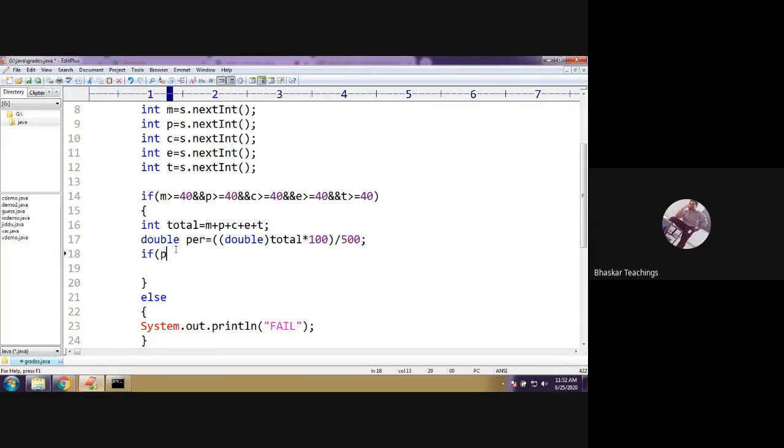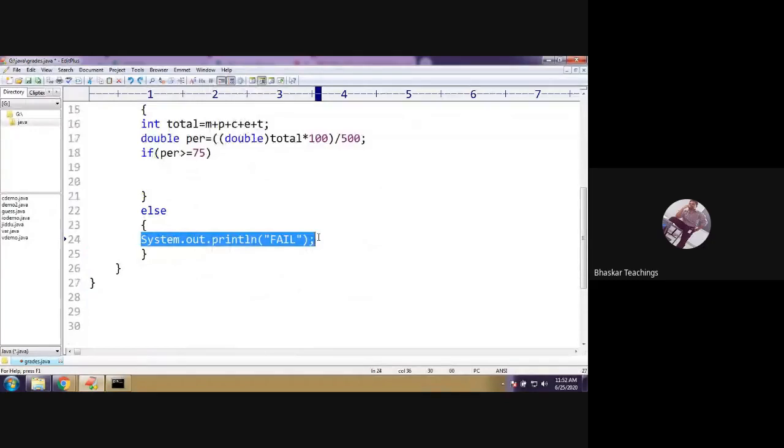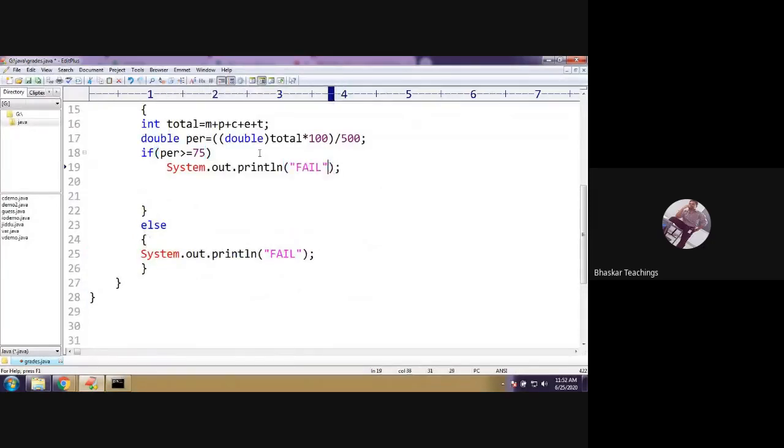So if percentage is greater than or equals to 75, we should display distinction. Let me copy and paste the printing statement. Okay, let us say distinction.